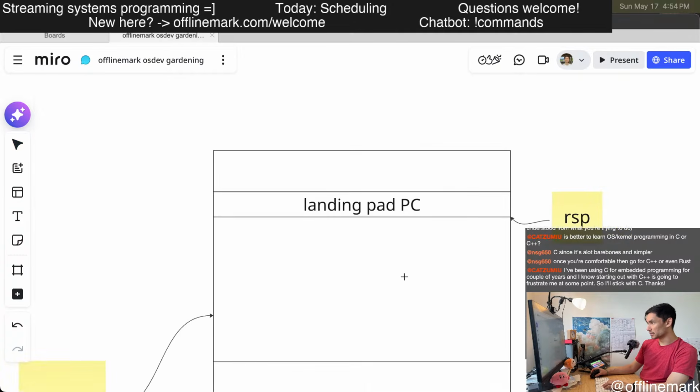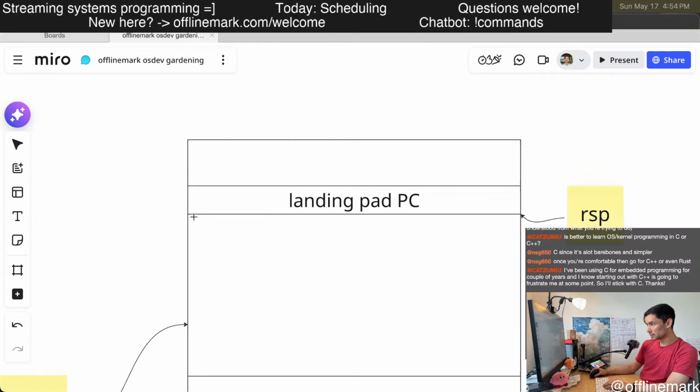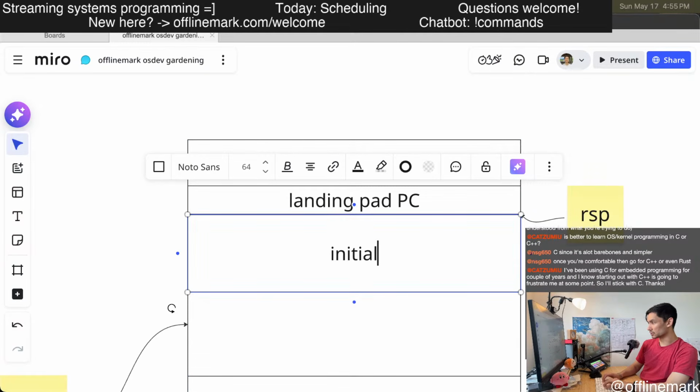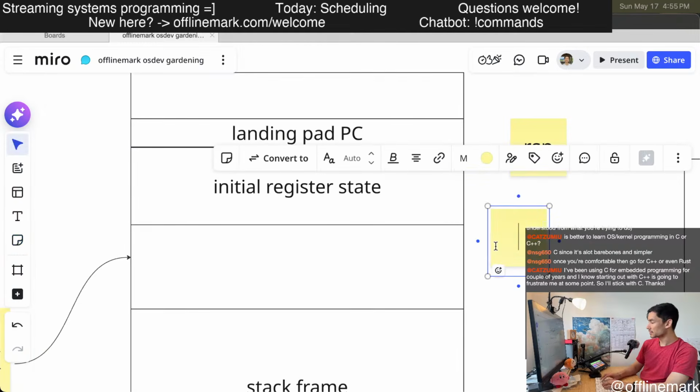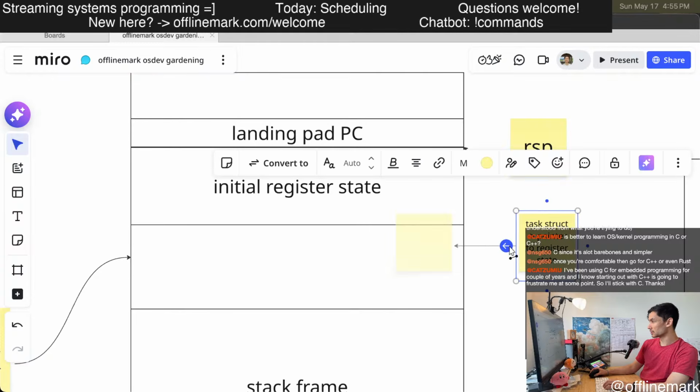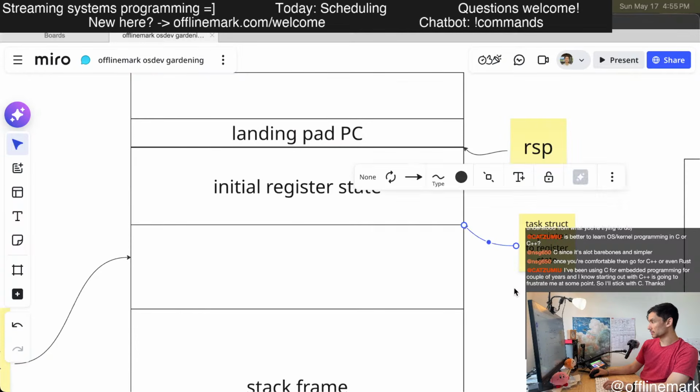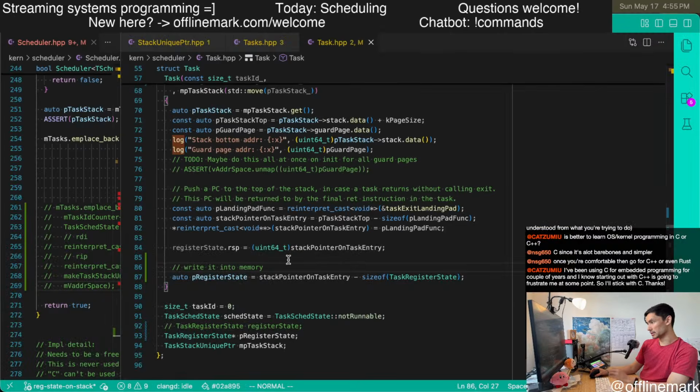And then we will need to kind of create our initial register state, and then the task struct pointer to register state is going to point right here. So that's the idea.